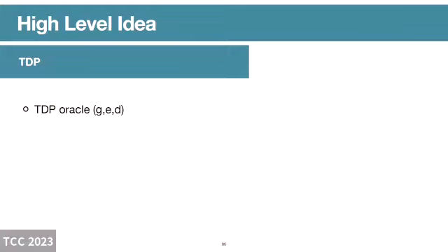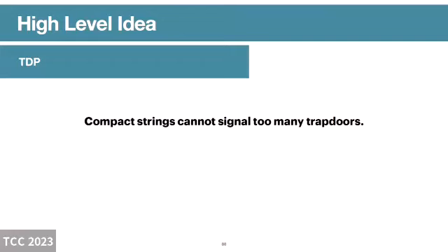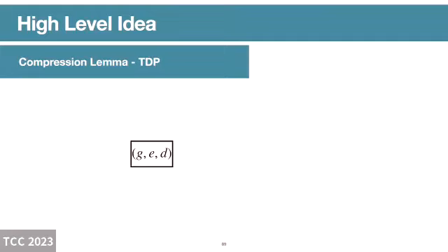So let's talk more about the high-level idea behind our proof. Let's say that we have a TDP oracle with three algorithms, G, E, and D. G takes as input a trapdoor key and outputs an index key. And let's call an index key valid if it's in the output space of the oracle G. So the main thing that we're going to prove and use in our proofs is that compact strings cannot signal too many trapdoors. And in order to prove this, we use a lemma called the compression lemma, which I will explain